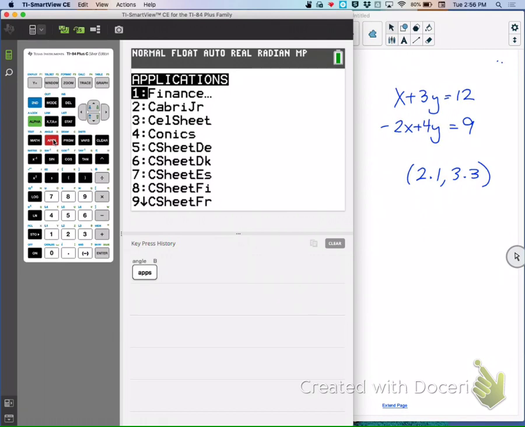Depending on your calculator, this screen might look a little bit different. So I'll show you both ways that it could look, but you're going to do it the same way no matter which calculator that you have. So first thing you're going to do is hit the apps button, which is lit up in red right now, right to the right of the math button. And then you're going to look for the program